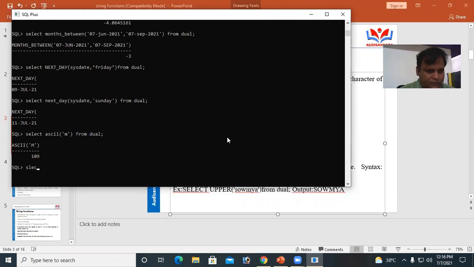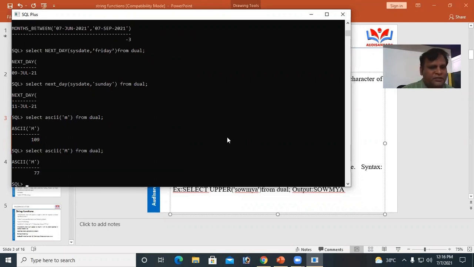SELECT ASCII of capital M. The capital M ASCII value is 77. Okay. The keyboard contains alphabets, digits, and special symbols. SELECT ASCII of the ampersand symbol from DUAL. The ampersand value is 38.